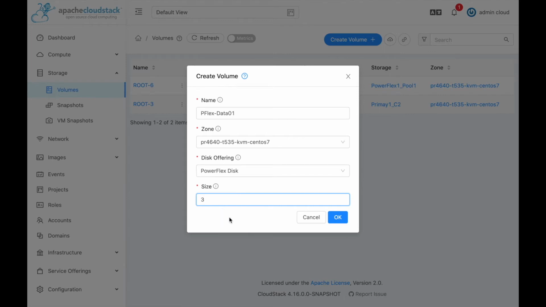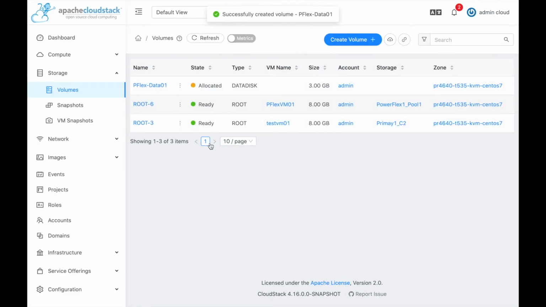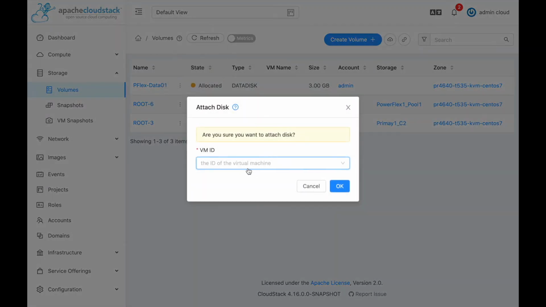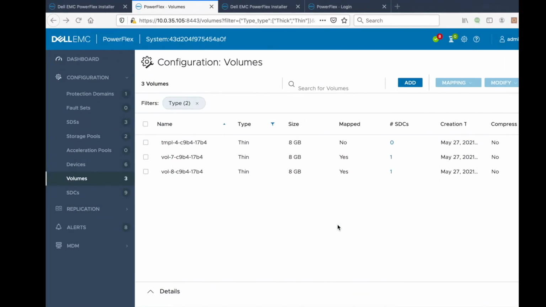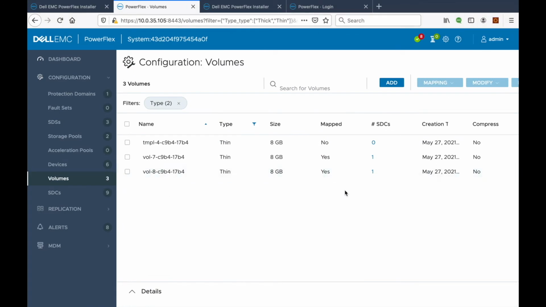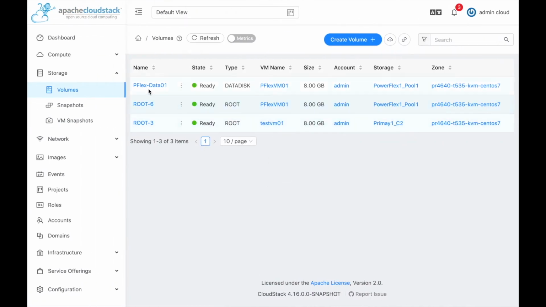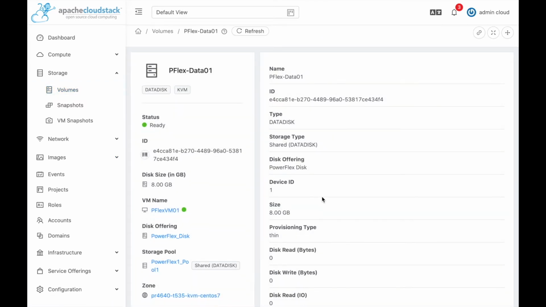So whatever size we provide, it will be rounded to the nearest 8 GB boundary. Let me attach. You can see a new disk is created and it is mapped to the same host. You can see the disk is attached to the VM, and if you go to any of the disks, you can see the path,